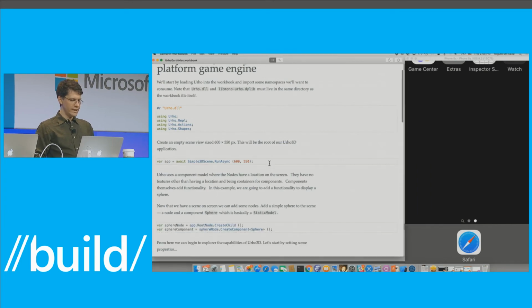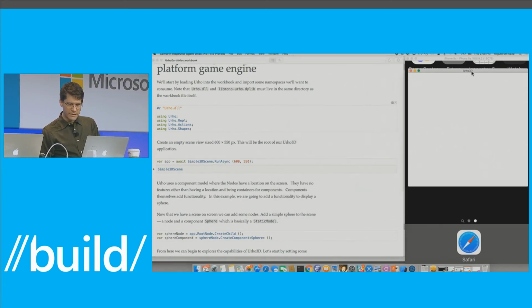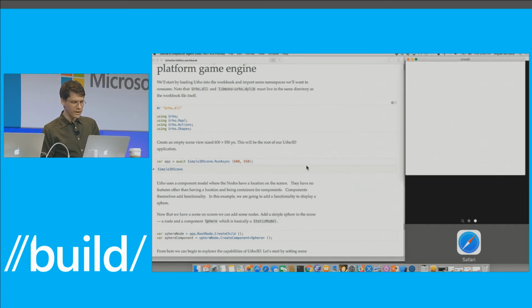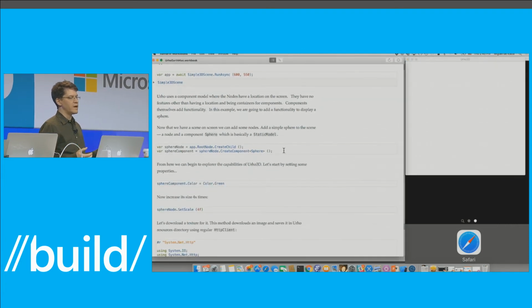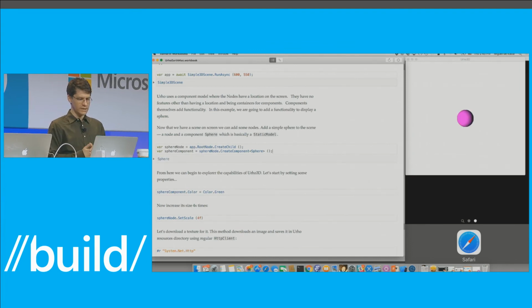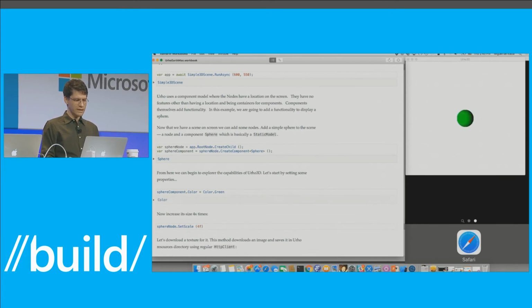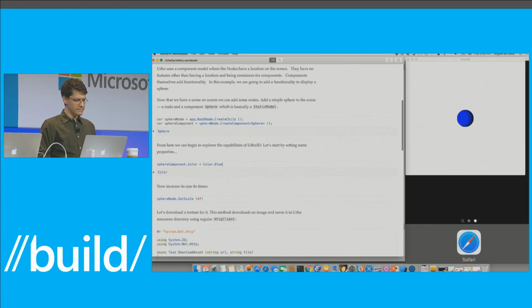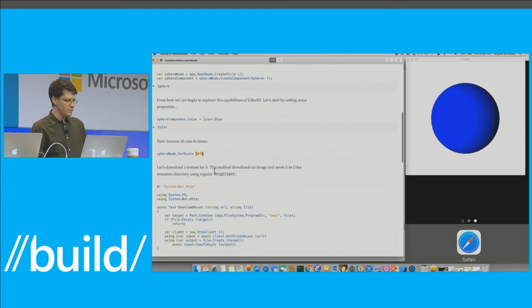So again, I'm going to run up to here, and I'm going to get my little window. I'm going to stash that bad boy here. Okay? And I'm going to walk you through what I'm doing here. The first thing that I'm going to create is a node, and I'm going to attach a sphere component to it. Right? Very nice, very pretty. It's a glorious magenta. Is that magenta? You can change the color to green, or I can change it to blue again. There it is. Then I'm going to change the size, so we have something more sizable.